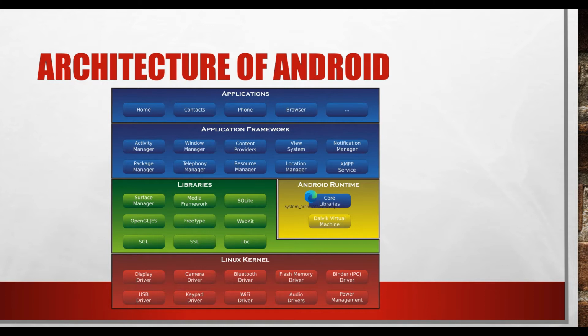If any one of the drivers fails, then even though we have applications which require these drivers, it will be difficult to operate. So this is the most important layer of the Android architecture. The next thing is libraries. In the Android architecture, there are some predefined libraries which are required by some of the applications. Let's take WebKit.